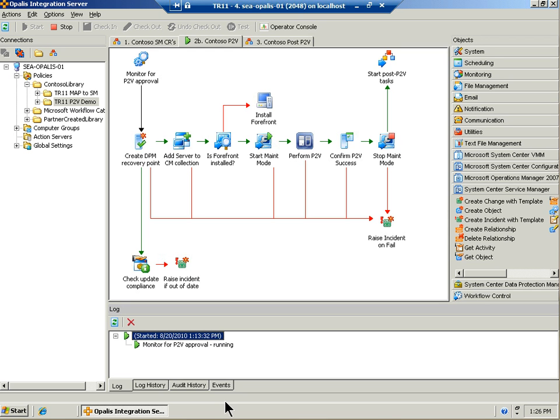Now if I jump back to Opalis here, what we will see in a few seconds is a second monitor start. Here you go, 1:26. The way Opalis does this is as soon as that monitor detects it has something to do, it starts another monitor so that we can run concurrent jobs if that's what we want. So that's now kicking off, and this is going to step through the process of taking a DPM snapshot before